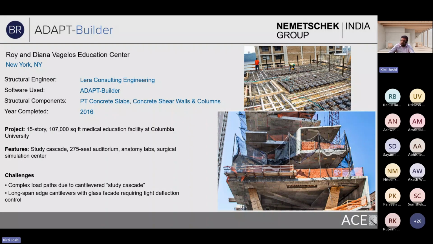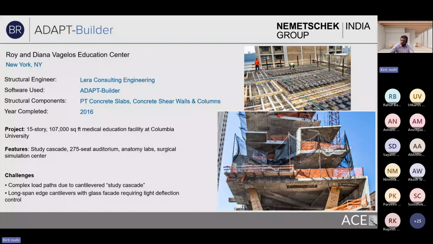Regarding this project, the tower includes a study cascade, social and gathering spaces, and a 275-seat auditorium. And since it is a medical center, it consists of an anatomy lab and a surgical center as well. In general, the building is designed to allow for a wide range of learning experiences for the medical students. So structurally, the project posed a few major challenges,